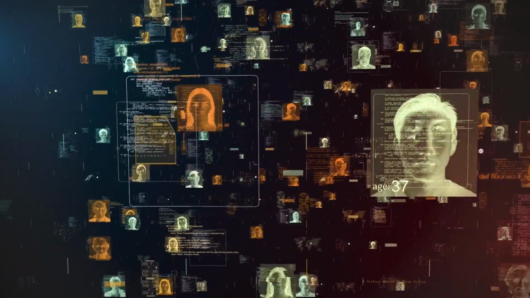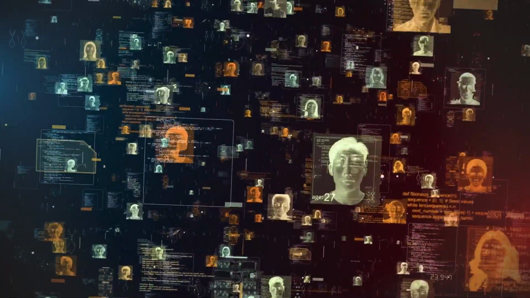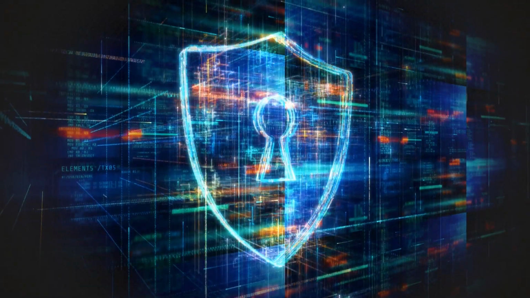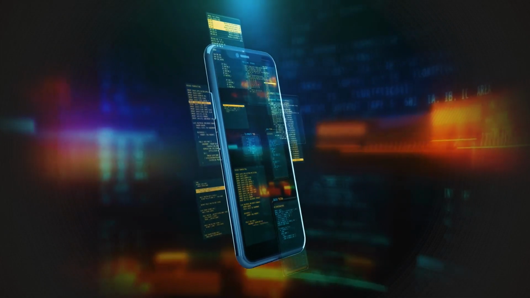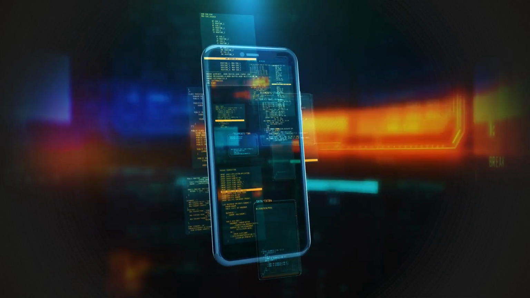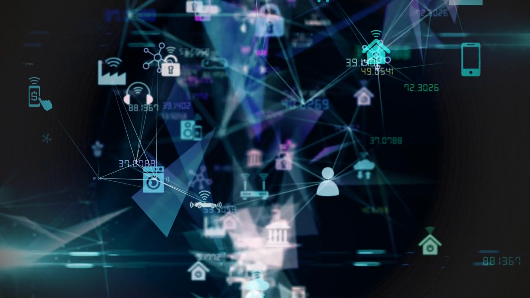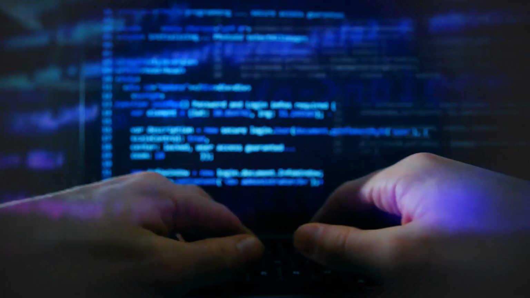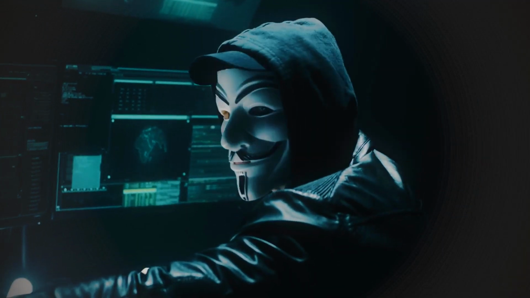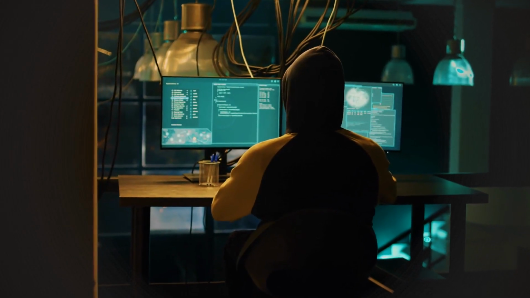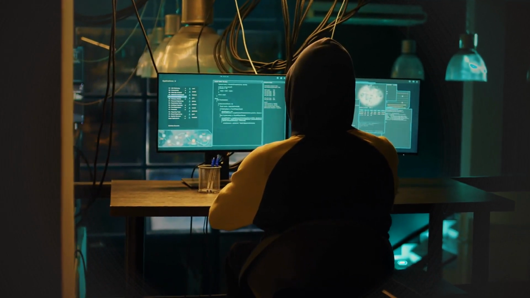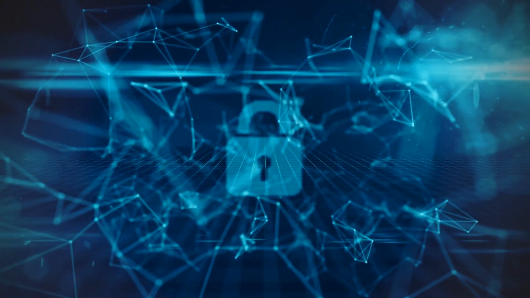Privacy is concerned with the protection of personal and sensitive information from unauthorized access and misuse. It involves handling personal data in accordance with privacy laws and regulations, such as the General Data Protection Regulation or the California Consumer Privacy Act. Privacy practices include data minimization, collecting only the data necessary for a specific purpose, and secure data handling procedures.